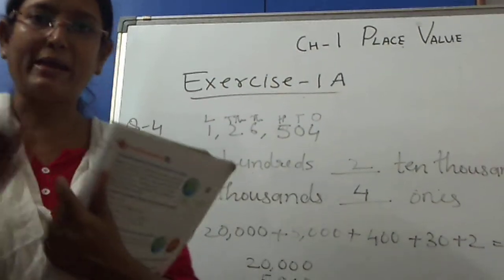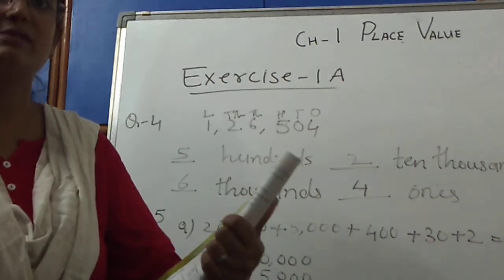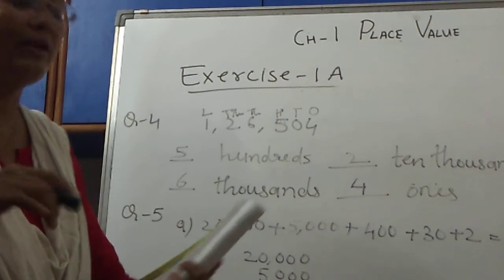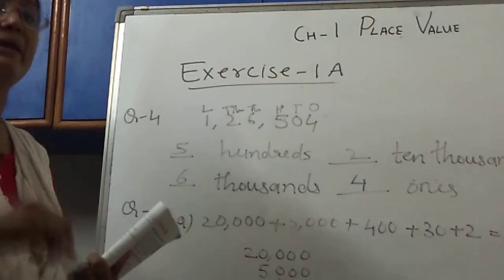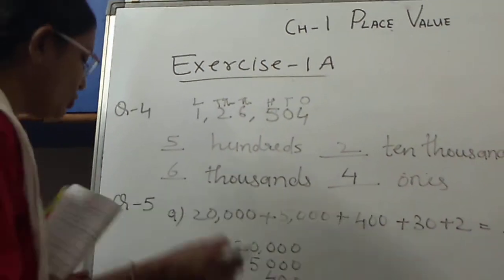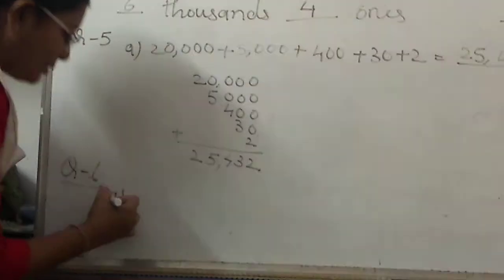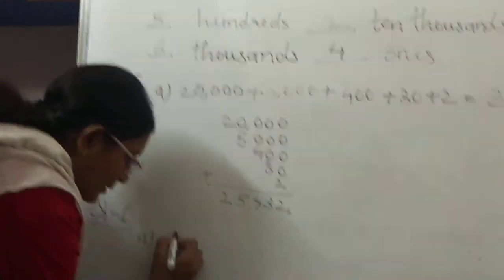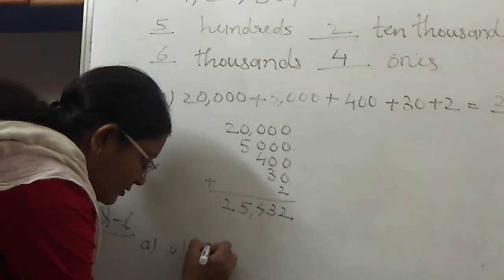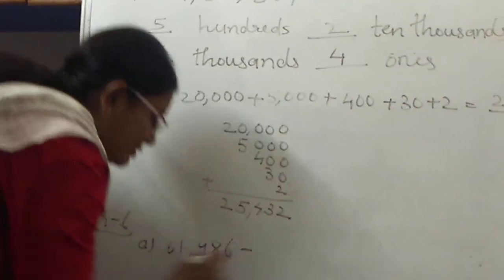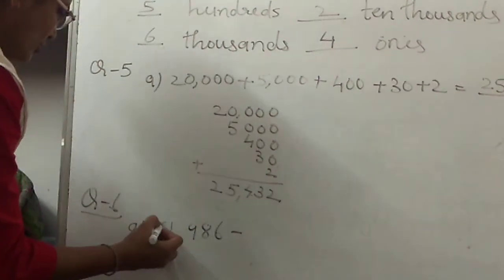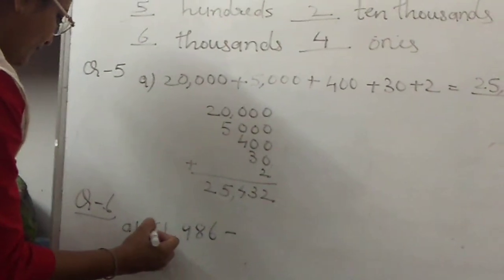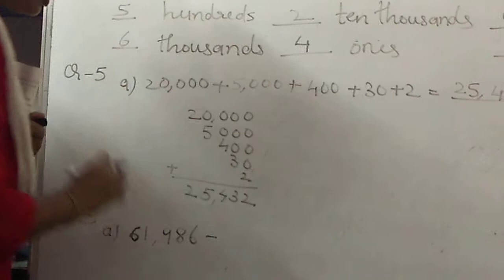Now we cannot break it or we cannot pull it, right? So to make it big, how then can we make it big? By writing the place value of that number. Let me show you once again one number. Number A, here it is given 61,986. Okay, this number is given to you, 61,986. What you will do?